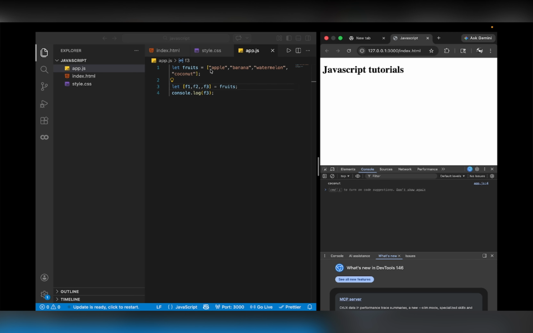सिमिलरली अगर जैसे हमको एप्पल और वाटरमेलन चाहिए तो जैसे समझो कि यहाँ पे F2 नहीं था तो F2 को हटा देंगे और एक्स्ट्रा कितने कॉमा हमें लगाना है? तो यहाँ पे 2 कॉमा करेंगे तो आ जाएगा। ठीक है, फर्स्ट एप्पल एंड F3 एज़ अ कोकोनट। सो हम लोग ऐसे स्किप कर सकते हैं। अगर हम लोग को ऐसे नहीं करना है तो इंडेक्स वाइज़ भी हम लोग इसको एक्सेस कर सकते हैं।